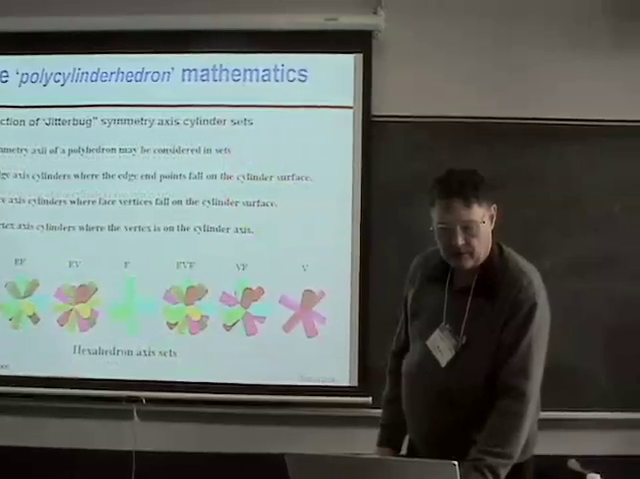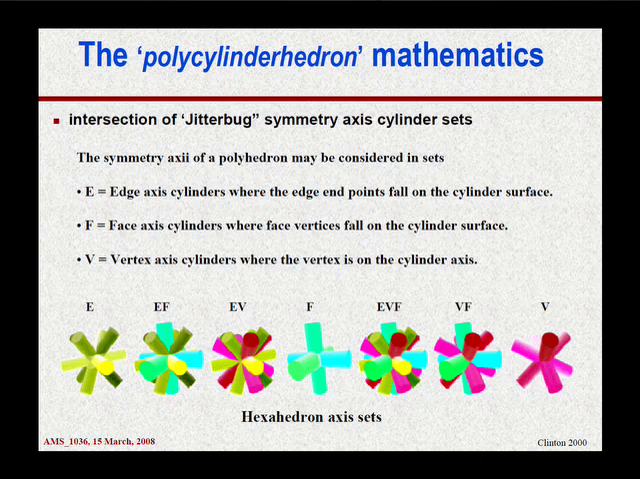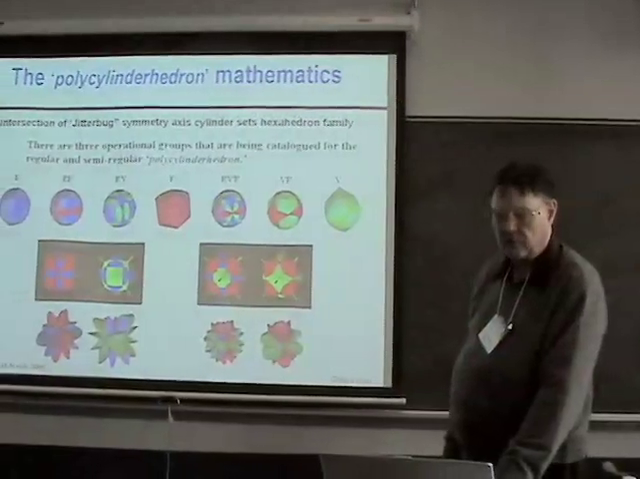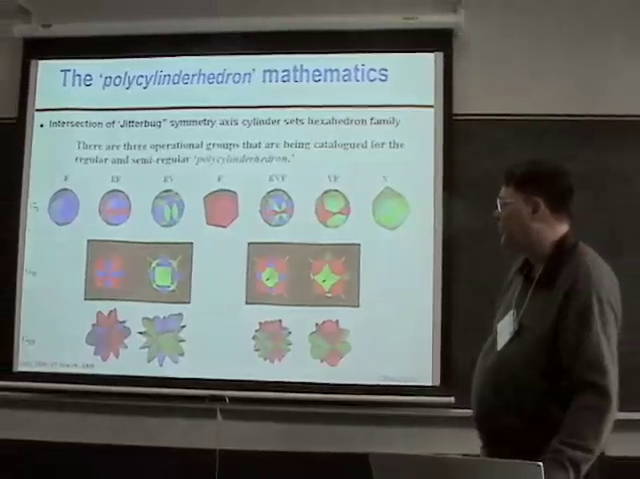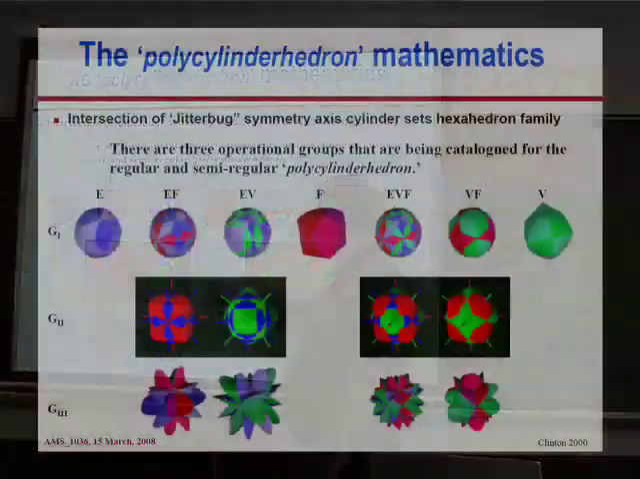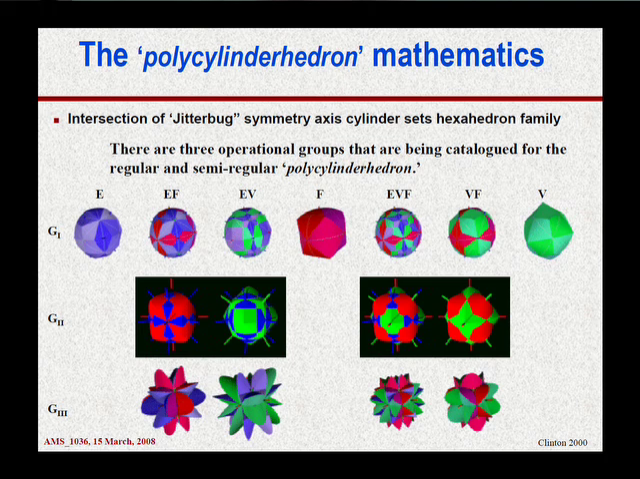Now, in that process, we've looked at the symmetry axis sets of the edge sets, the face sets, and the vertex sets. And in the process of studying these, we found out we could classify them in 3 groups. And right now I'm going to show you a group 1, a group 2 set, and a group 3 set of things that can happen in the process. In the group 1 set,